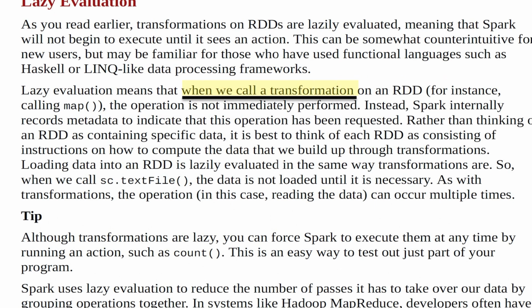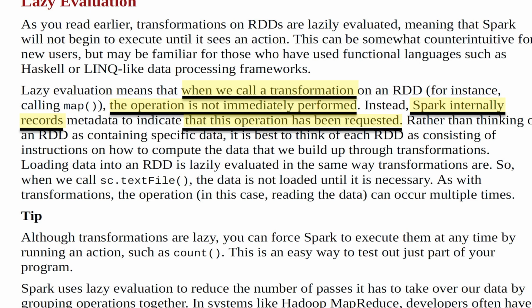When we call a transformation in Spark, Spark engine doesn't just immediately start performing that operation. It is smart enough to just record whatever you are requesting it. It keeps a lineage of all the operations you are asking it to do, but it doesn't start just working on it. It is smart enough to take that judgment call. So, for example, if you run a sc.textFile, it doesn't just start loading that data without even looking at what you actually need. So it doesn't even load the data until it is necessary,